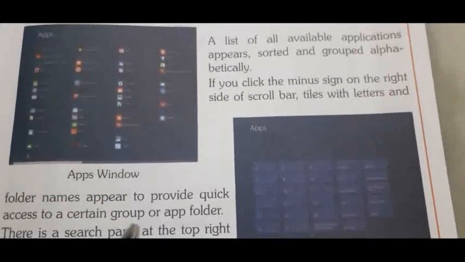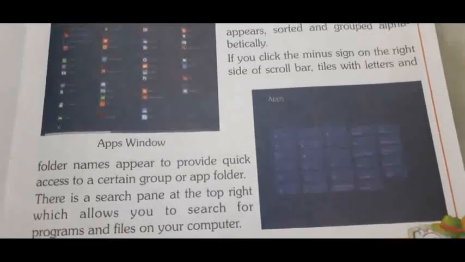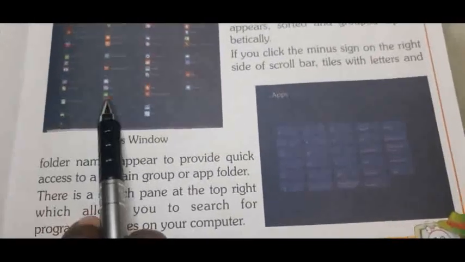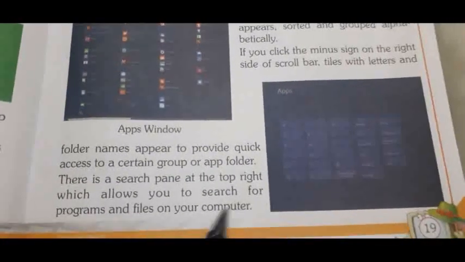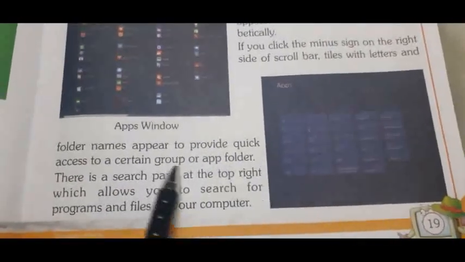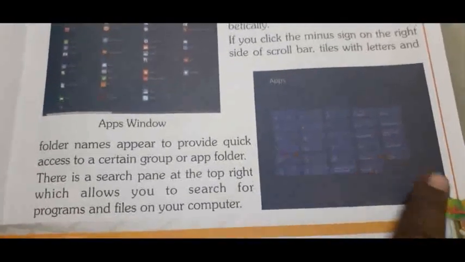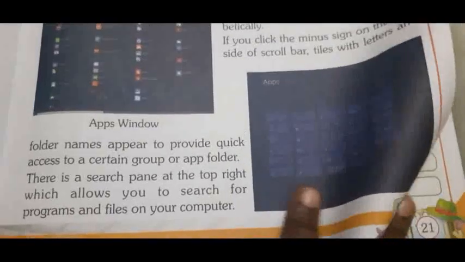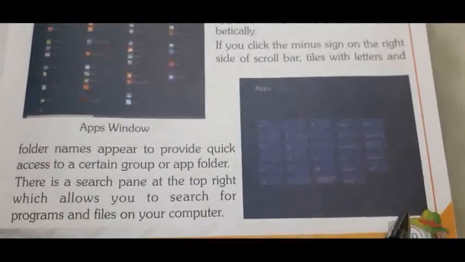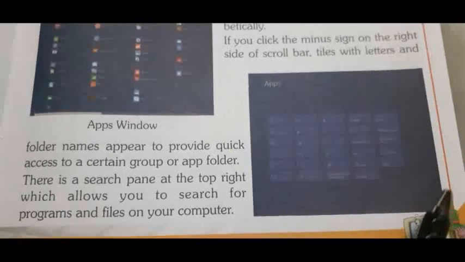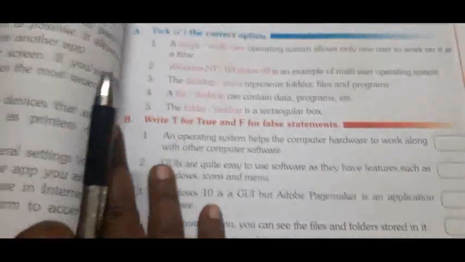Means, for example, if you want to see in one app or in one tile what folders are there, just select that app and click on this minus sign, then all the folders that are there in that app will display here in these programs. Okay, children. So this is about the minus sign which is at the right corner of the scroll bar. Okay. Next,